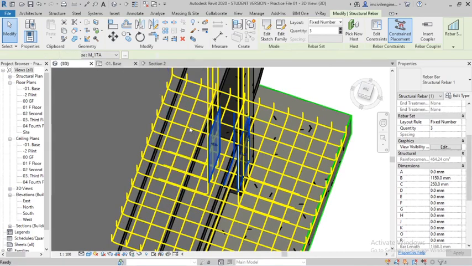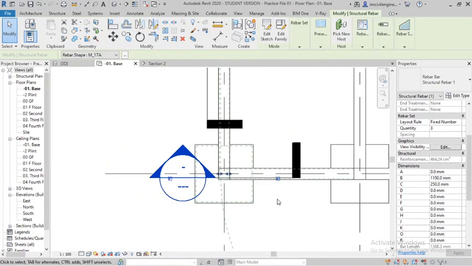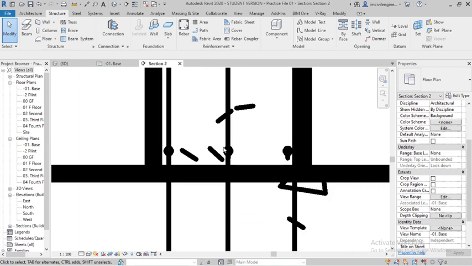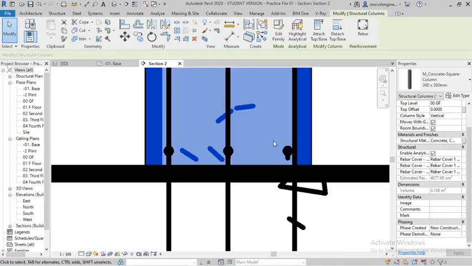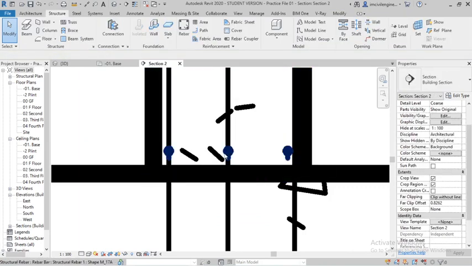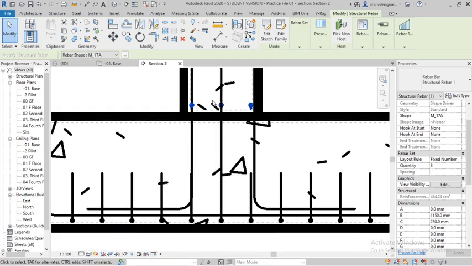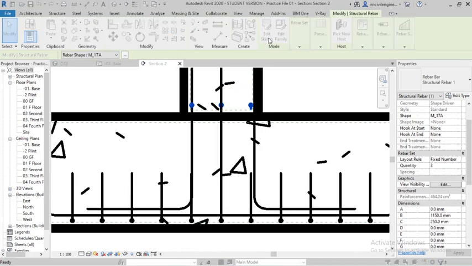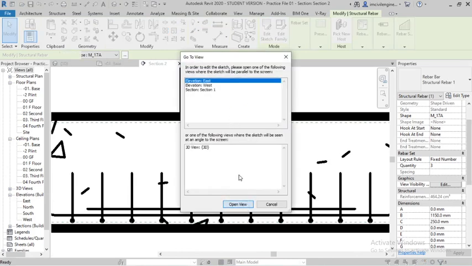So you can do it like this. Go to section, and go to another section. From here you can select it and go to edit sketch, east elevation.